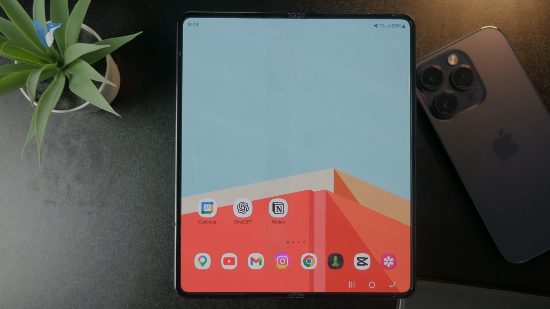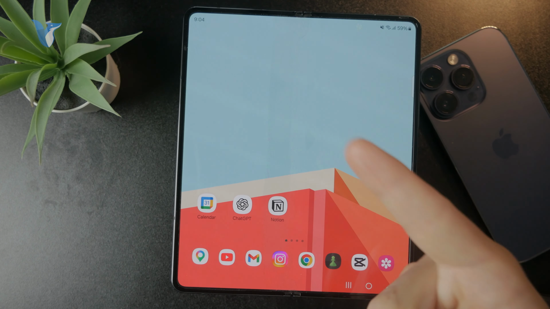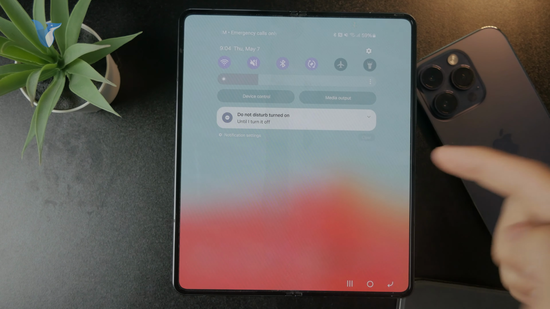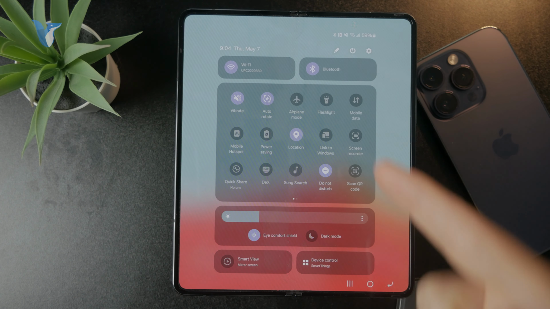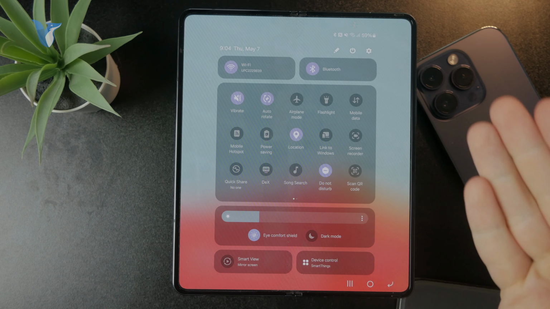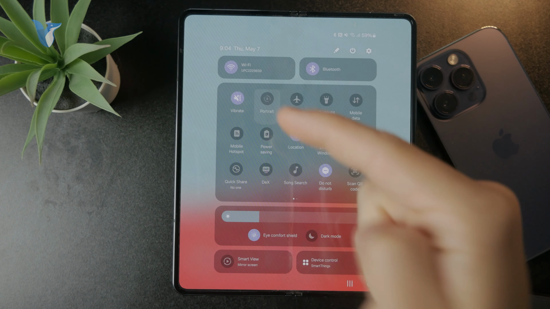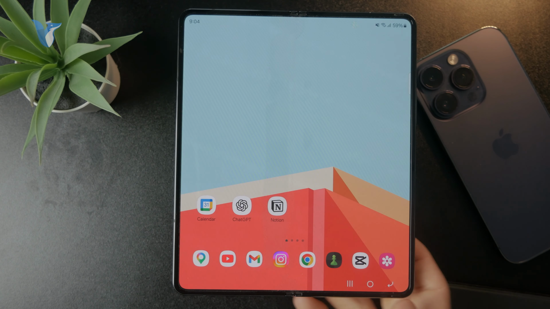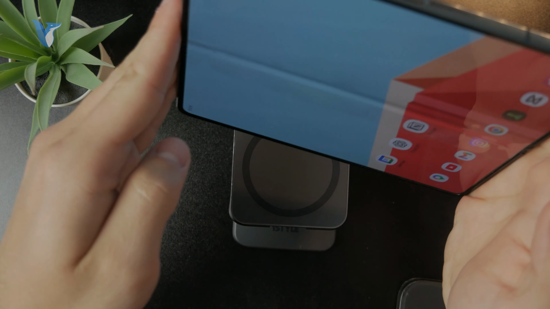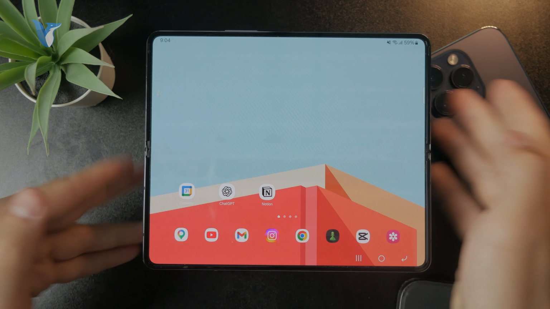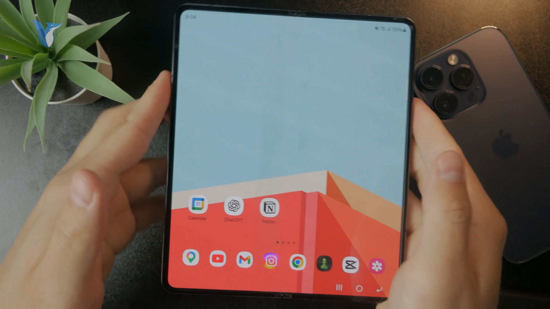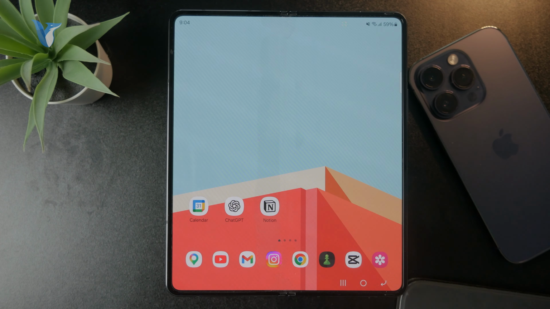So of course you are on the home screen or inside of any app, and when you swipe down to access the control center, we have the screen orientation. So you can decide if it's locked in portrait or if it's set to auto rotate. And when you set it to auto rotate, you can rotate the phone and it's gonna turn the screen as well. However, if you want this to be controlled manually, you can explore some options and third-party apps on